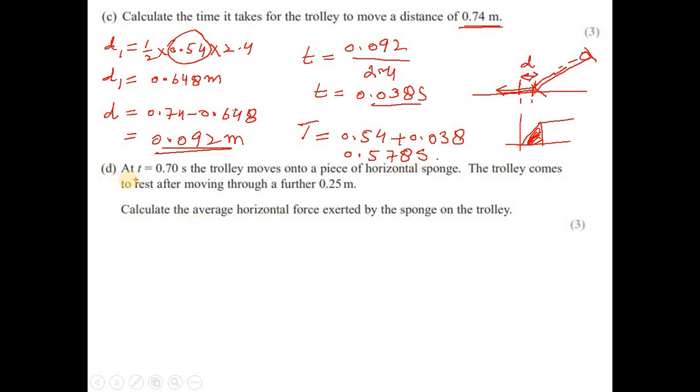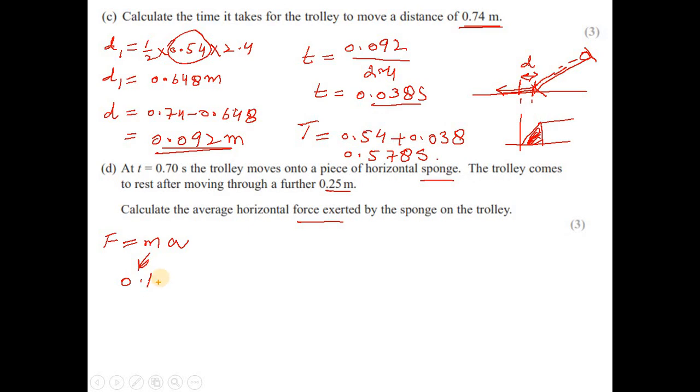Okay, part D. At t equal to 0.7 second, the trolley moves on to a piece of horizontal sponge. The trolley comes to rest after moving through a further 0.25 meter. Calculate the average horizontal force exerted by the sponge on the trolley. So we need to find the average force. That means the idea of finding average force in case of a moving object, generally, is F is equal to ma. So mass is given, which is, I guess,